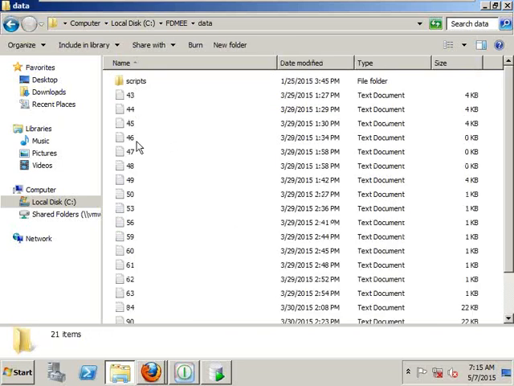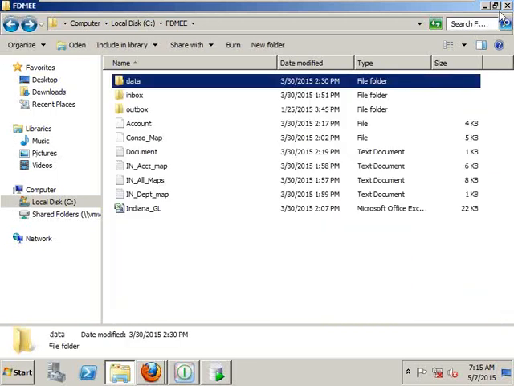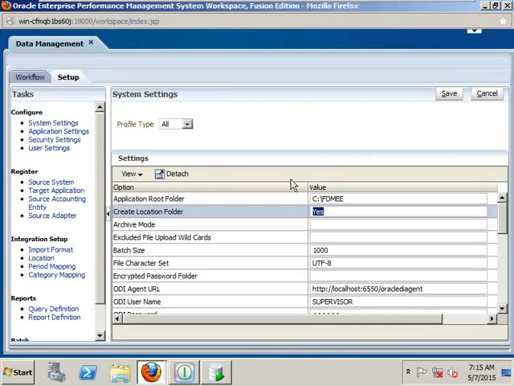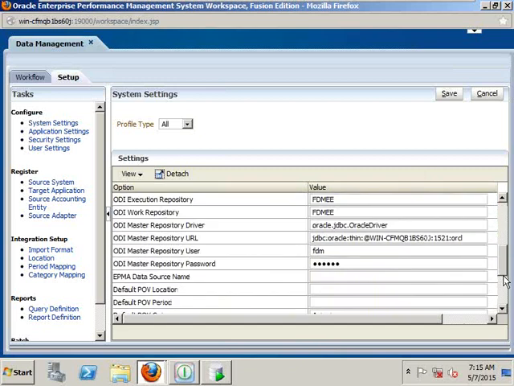Later we can see the data folder and what scripts it has and everything at that moment. Okay, and by tomorrow we can see the rest of the things, like how to create the locations, and how to do the period mappings, category mappings, and how to create the locations. We can see that by tomorrow. Okay,